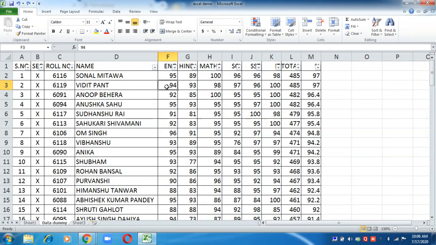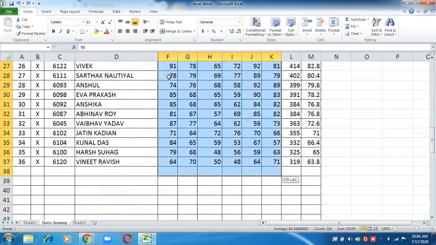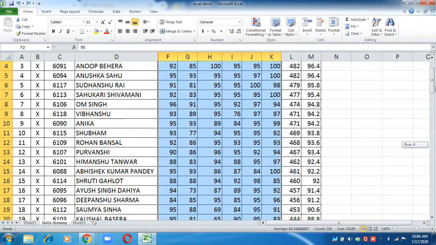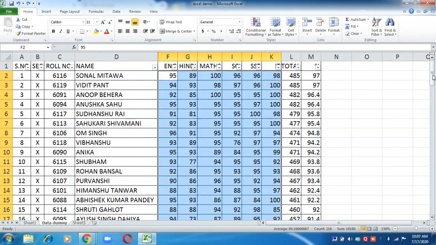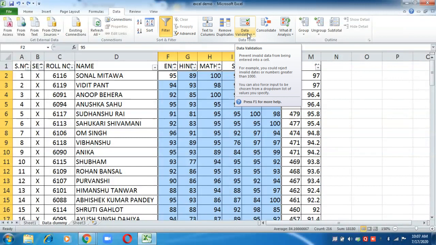Now how to apply this validation rule? For that you have to select the table where you want to enter the data, then go to the data tab, and inside the data tab we have the data validation option under the data tools group.